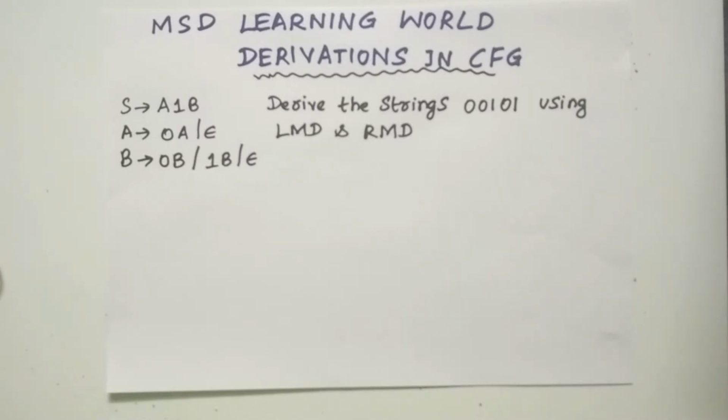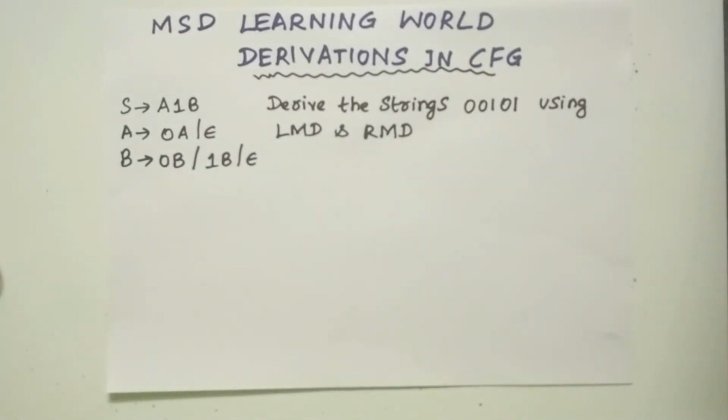The leftmost derivation and the rightmost derivation can be pictorially represented by a tree, namely parse tree. It can be either a parse tree or the derivation tree. So now let us straightaway move on to a problem where we check how you are able to derive the strings that are present in the grammar or not.